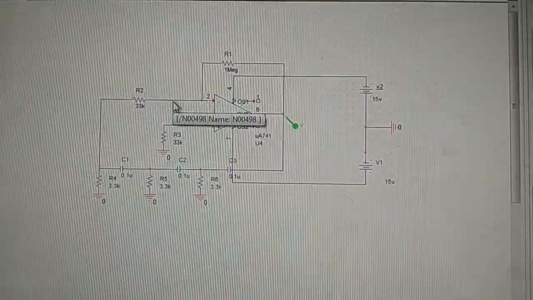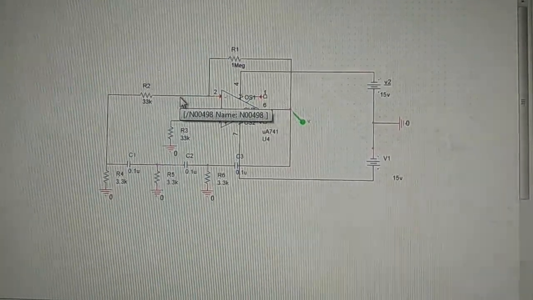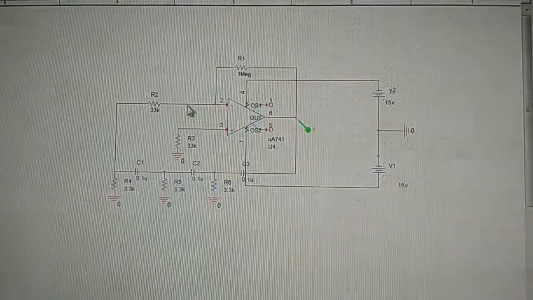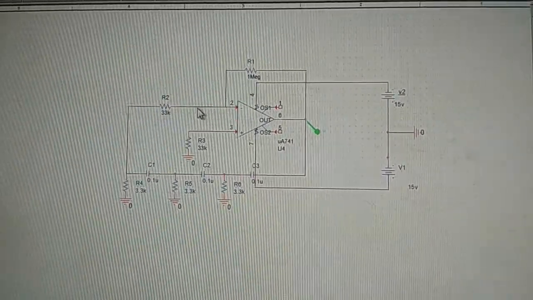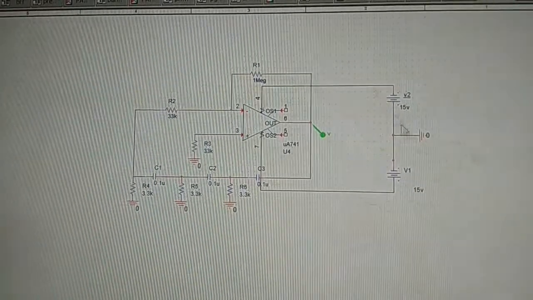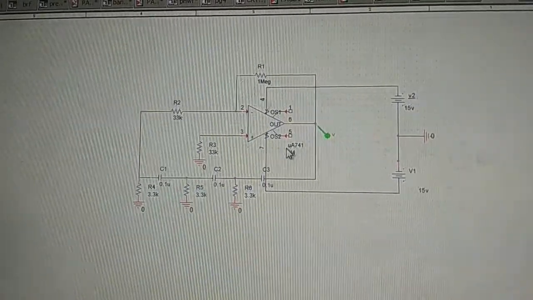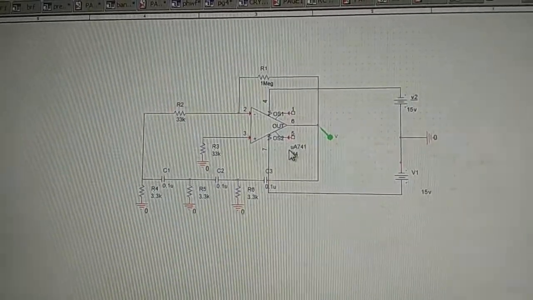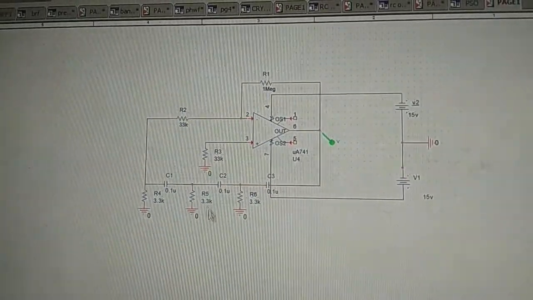The next term in this RC oscillator is oscillator. Oscillator means the circuit should be able to generate oscillations by itself. In today's lab we are going to learn about an RC phase shift oscillator by taking an op-amp as a circuit. There are various circuits which can be utilized for implementation of the RC phase shift oscillator. So we require some components.